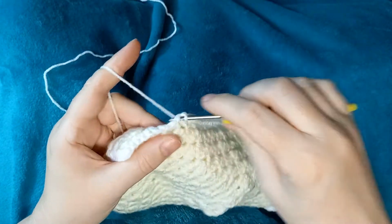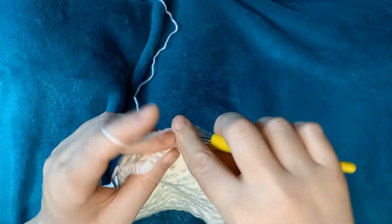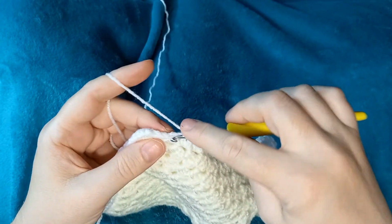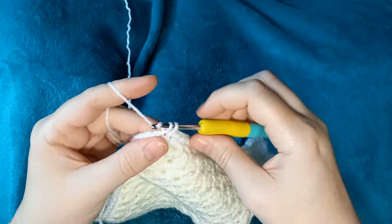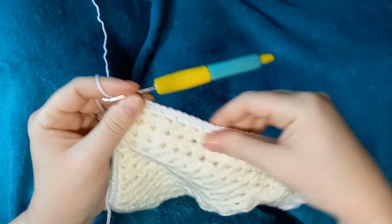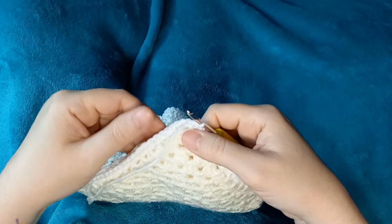Coming to the bottom. So these side single crochets, I'm just cruising along. I don't have to be relaxed, I don't have to be tense. So come to the bottom. Okay, the bottom,